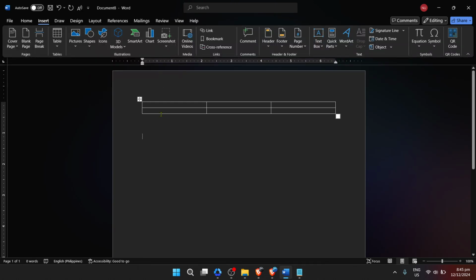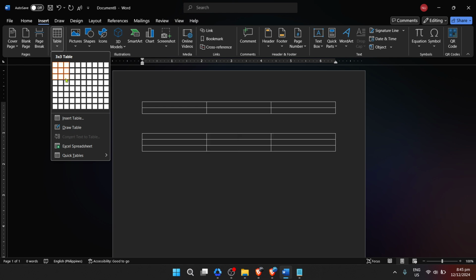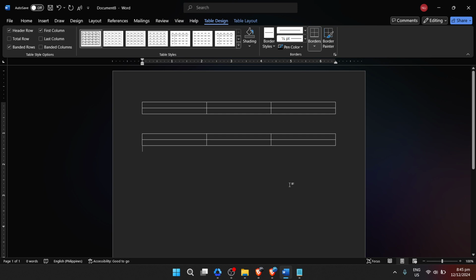Now, within the Insert tab, you'll see a variety of options. But for our current purpose, we'll focus on the Table button. Clicking on it will bring up a drop-down menu with several ways to insert a table into your document. For today's goal of creating 6 boxes, we're going to select a 3x2 table. This will instantly insert a table with 3 columns and 2 rows into your document, effectively giving you 6 boxes to work with. It's a quick and efficient way to create a structured layout in your document.